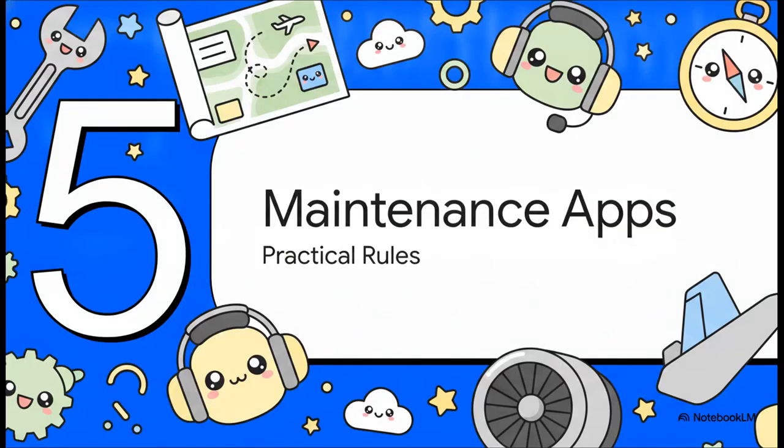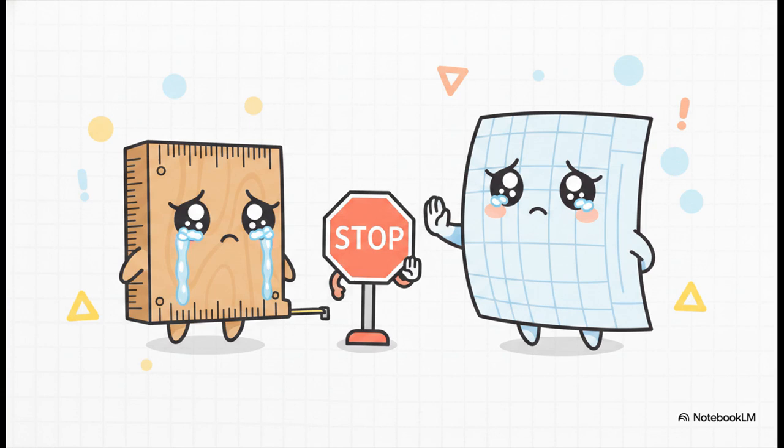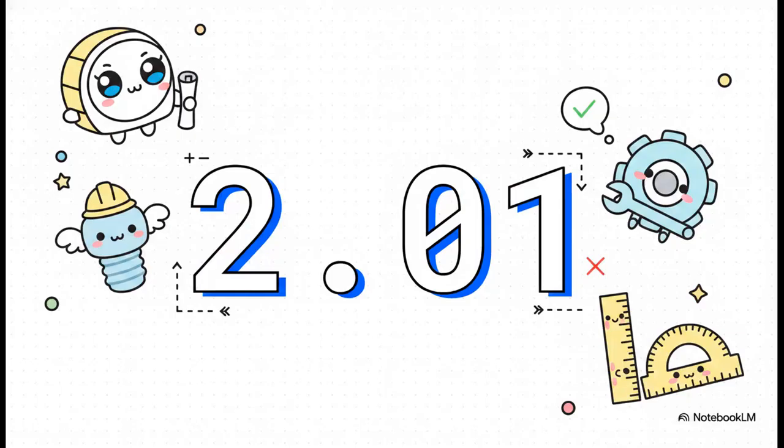Let's look at how this plays out in the real world in Section 5, Practical Maintenance Applications. Okay, I really cannot stress this point enough. Never, ever measure the printed drawing yourself. You have to rely strictly on the written dimensions provided by the engineers. Why? Well, in today's world of digital zooming, scanning, and printing, the physical scale of a piece of paper or a screen is almost certainly distorted. If you just put a ruler to the paper, you are going to cut the metal wrong, and you will compromise the aircraft. Period. Instead, you always rely on the written dimensions and their tolerances.